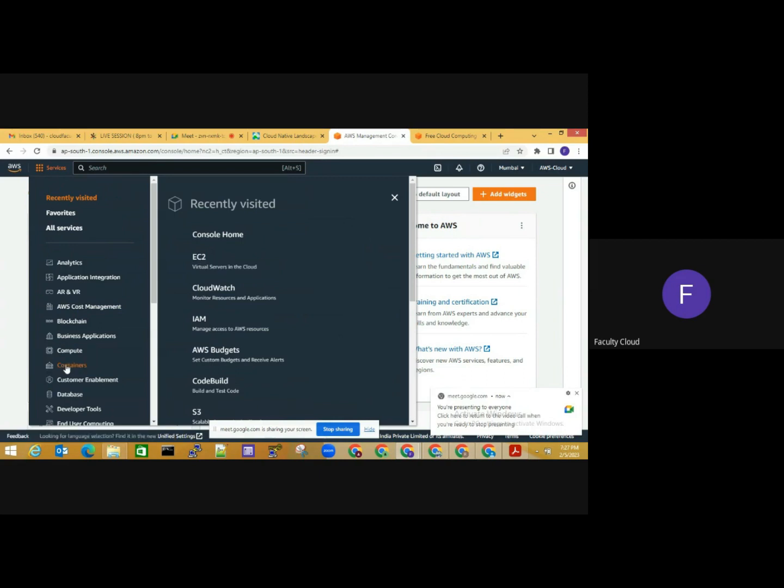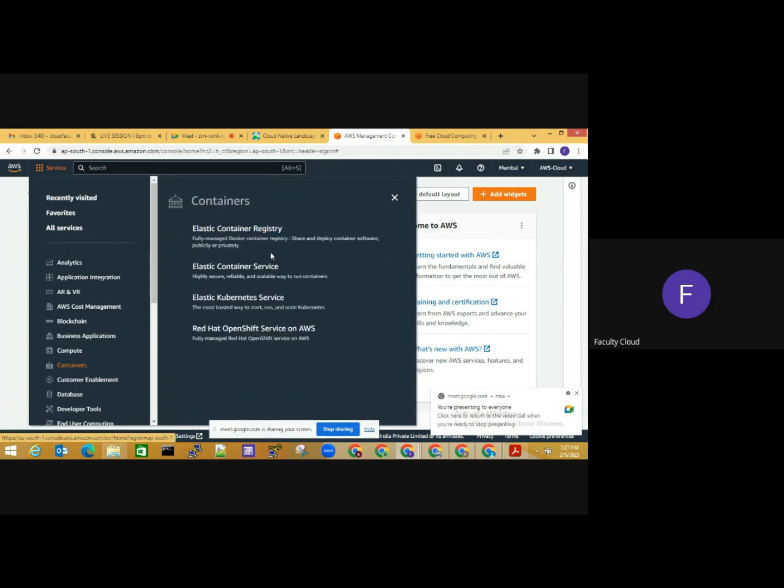Suppose you want to manage containers, there are also managed services from AWS, which is called Elastic Container Registry for storing the images like Docker Hub. You can have ECS, which is Elastic Container Service. You don't have to manage the EC2 instance. It will be self-provisioned. Then you have EKS, which is Elastic Kubernetes Service. So even before we explore ECS and EKS, we need to understand how we can set it up on the normal VM. So in that regard, I will just navigate to the compute service